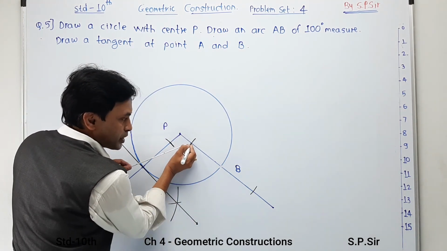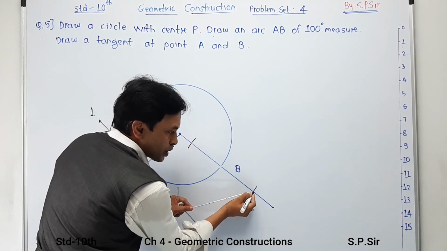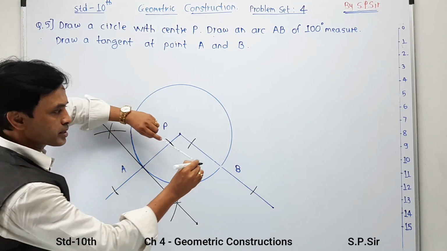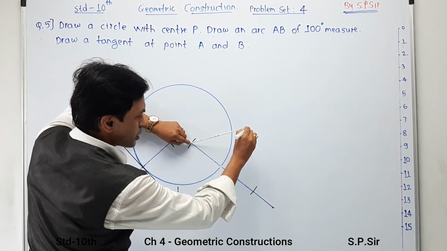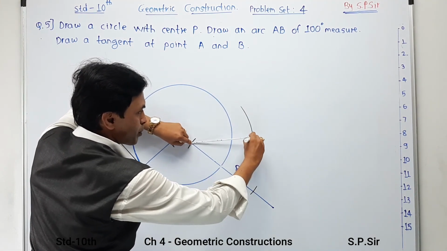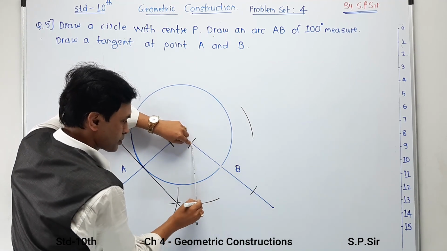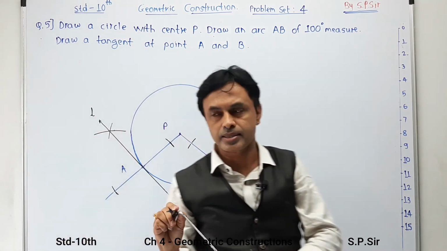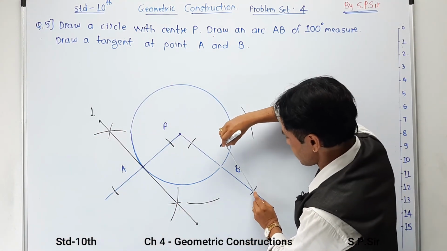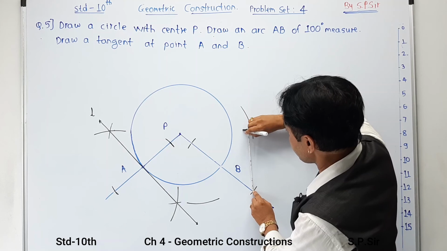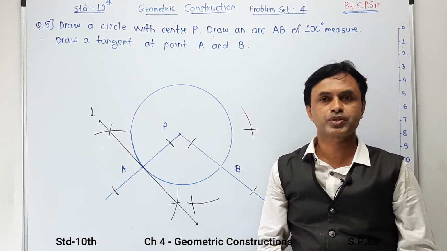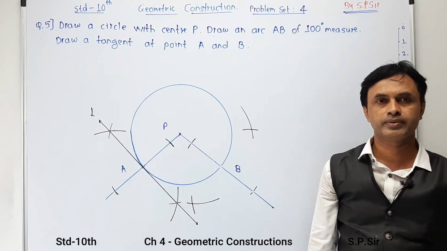Now increase the slant distance in your compass, and keeping these 2 newly formed points on your radius PB, make two marks. One is from the top position, and keeping the distance the same, you have to make a second mark from point B over here, like first mark and second mark, and in this way your second stage of the structure is completed.